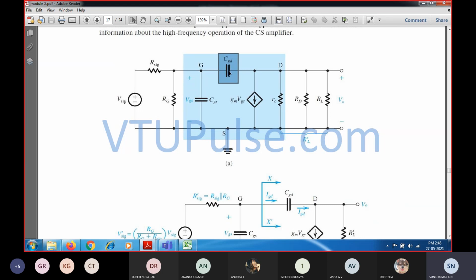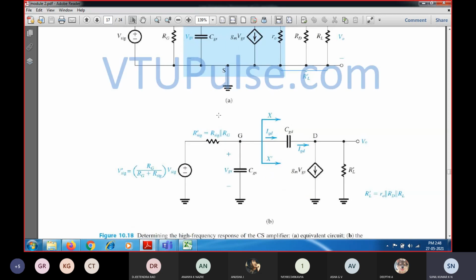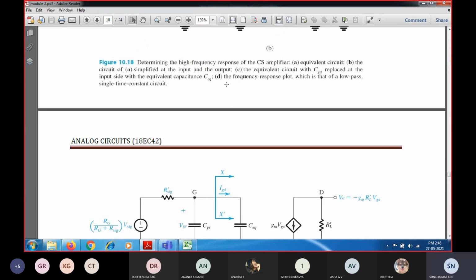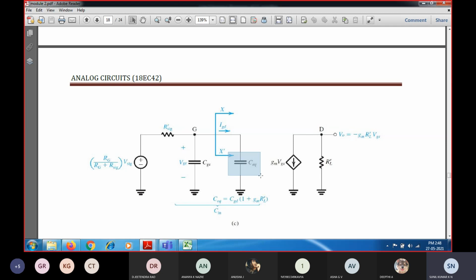we are going to replace it with a new equivalent capacitance, and we have to make sure that the current that is flowing inside this CGD, from gate to drain, is not violated. I should have the new equivalent impedance connected between the gate and ground and between the drain and ground, so that the same amount of current is flowing. When you do that, you can make a corresponding equivalent capacitance equivalent to CGD. The only thing is that, instead of connecting between the gate and drain, it is connecting between gate and ground, and we are going to see this effect at the input side.